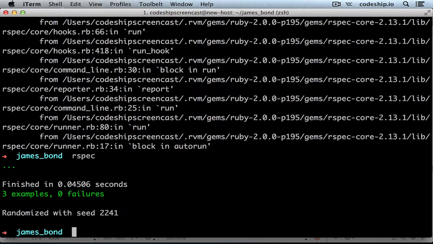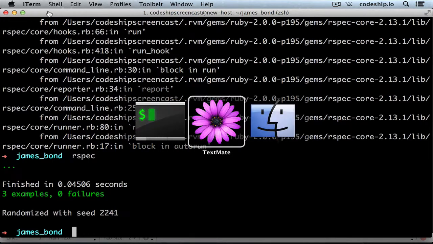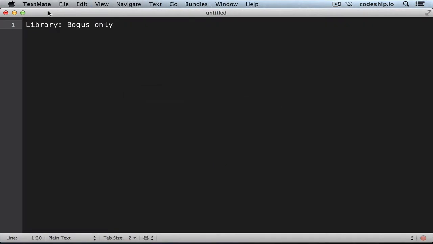Bogus required us to implement everything with stubbed without ever running an integration test. So does this mean we don't need integration tests anymore? My opinion is that if you're developing a library, Bogus will fulfill your needs. It will replace integration tests by making sure that the contracts among components are fulfilled. However,